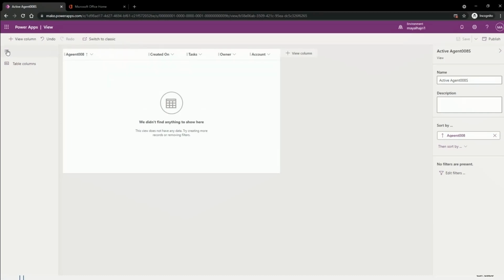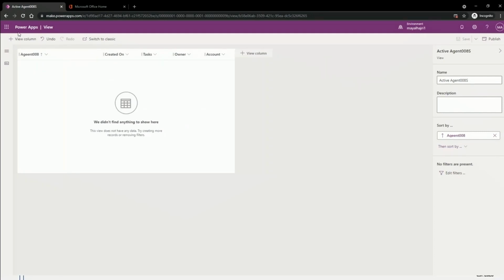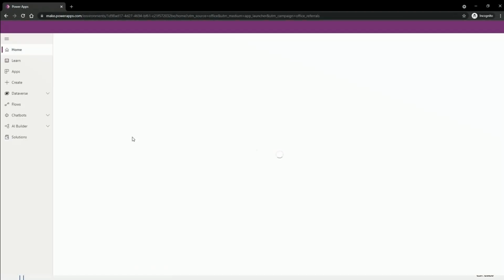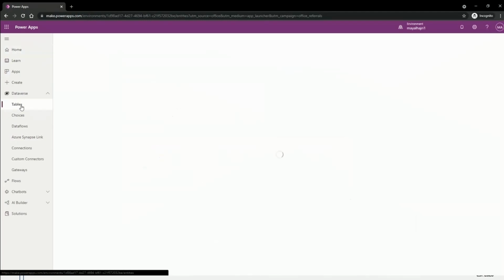Okay, it's done. Let me go back. Somehow I'm not sure why it's not going back. Anyways, I will go back to the Power Apps. Let's see. Okay, now if I go back to my tables from here,